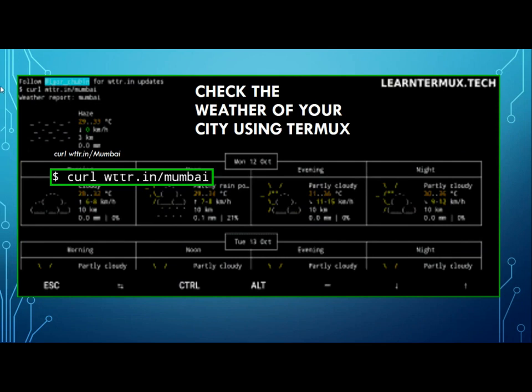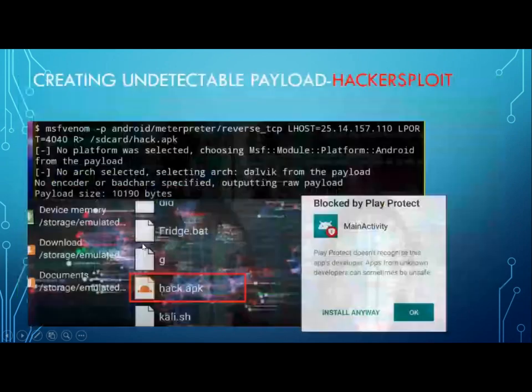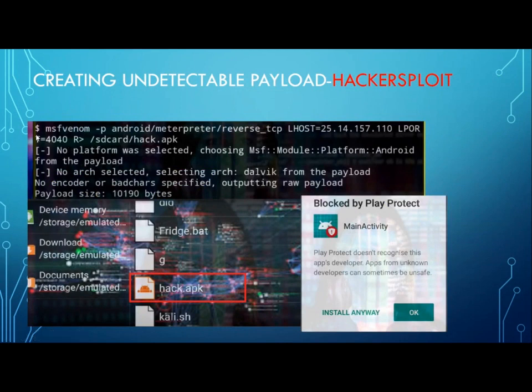That can be done using Termux, and the command uses msfvenom, which helps you gather the information, with -p android/meterpreter/reverse_tcp, and you have to give your local host and the port, and specify where the information has to be stored.